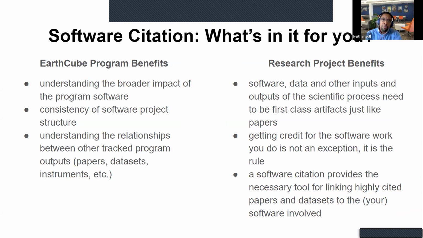And of course, everyone, if you're not writing papers and you're spending most of your time writing software, you may end up having to associate yourself with highly cited papers. And it's much easier to do that if we have these identifiers and linkages among all of the inputs to that paper, including data.